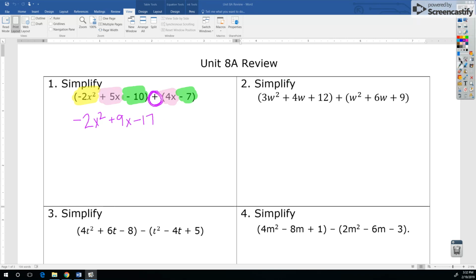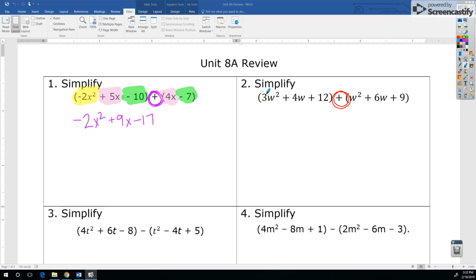Notice my answer is in descending order of powers. Negative 2x to the second power plus 9x to the first power minus 17. No power on the negative 17. There's no variable. Okay, in the next one, I'm going to do the same thing. Again, I have addition. So I'm going to